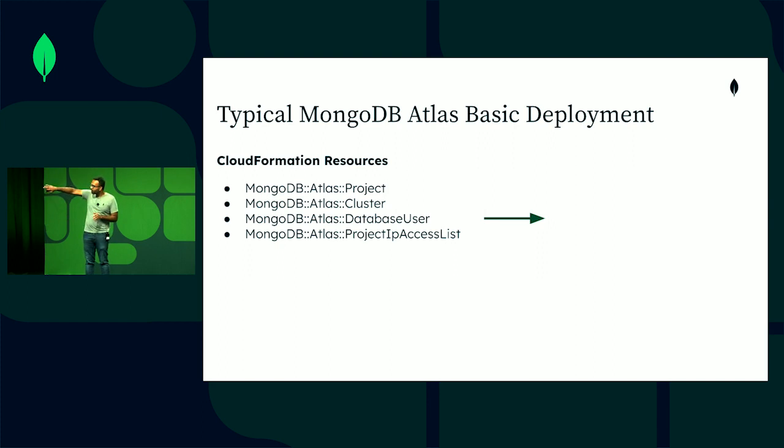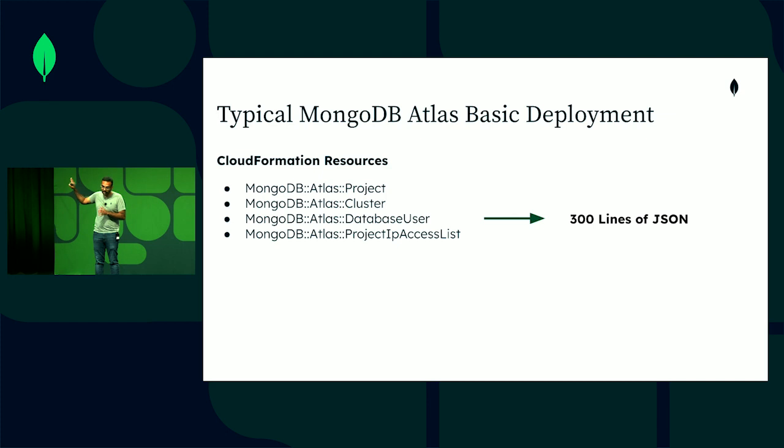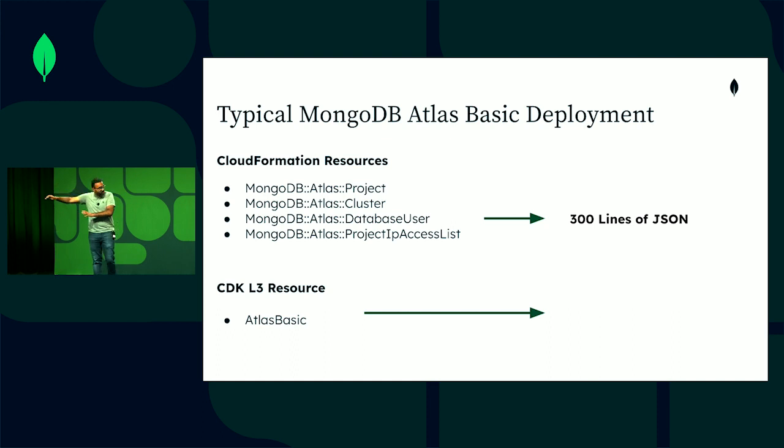So just as a fun aside, these 4 lines, which you have to do again and again and again, typically make up around 300 lines of JSON. Right? And you can go to our MongoDB Atlas repo on GitHub, and you can actually count them. Or, for some advanced users, you can do CDK synth, and you'll get to the 300. We actually took that one level above, and we created a CDK L3 resource, as Dan was talking about, Atlas Basic,